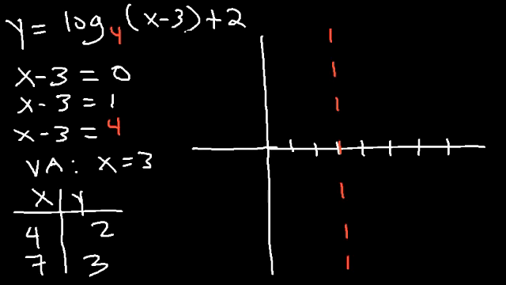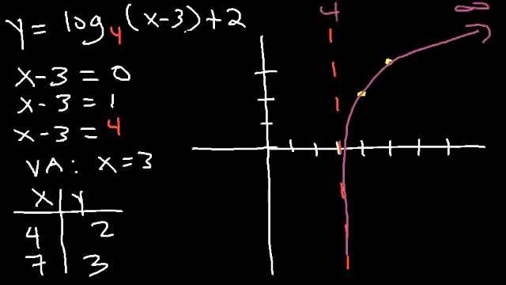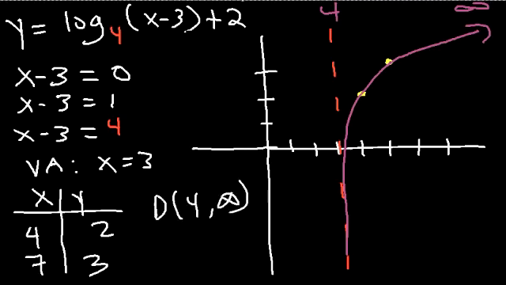Now let's plot the points. So we have the point 4, 2, which is here, and 7, 3. So start from the vertical asymptote and just follow the 2 points. And that's the graph. The domain is going to be from 4 to infinity. And so that's it for this function. So now what about